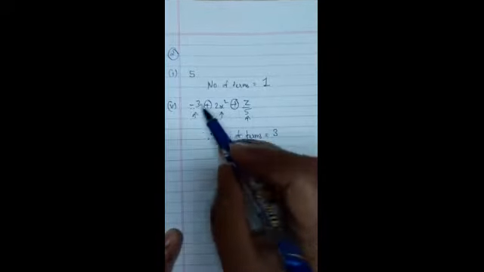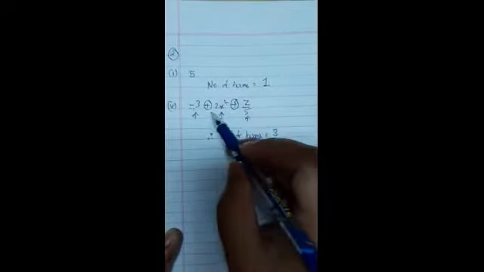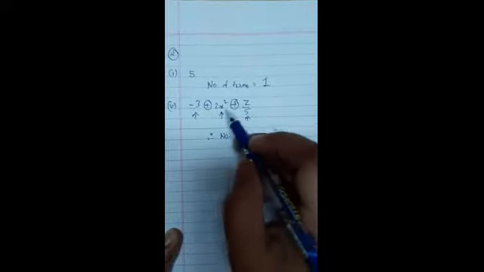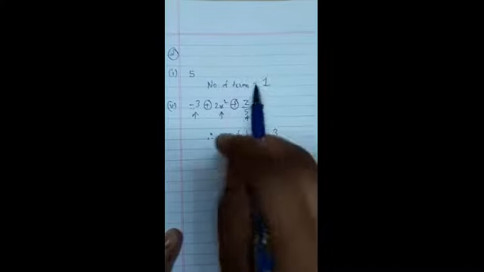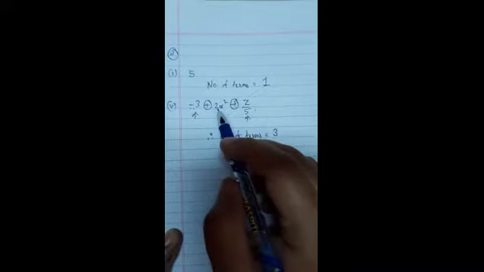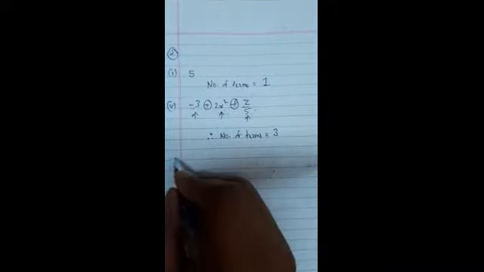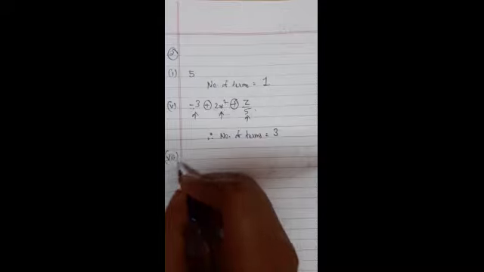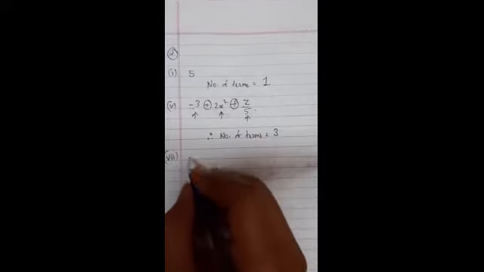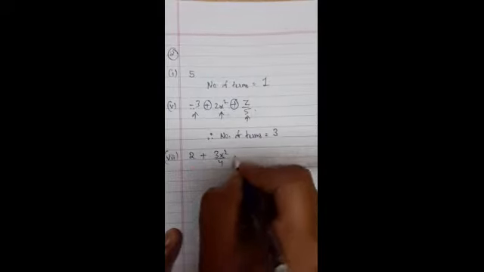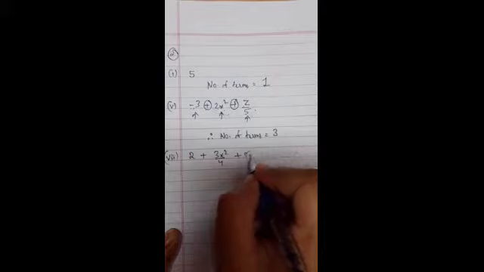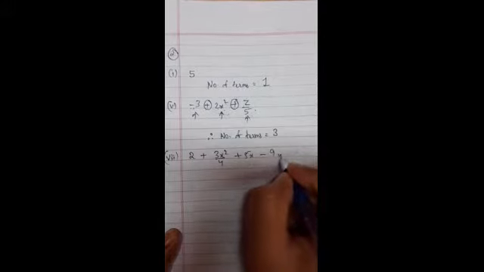We are going to count the number of terms on the basis of the use of plus or minus in between the terms. Remember, multiplication or division is not going to work as a separator. It is going to work as a combination of a constant and a variable. Let us take one more example. Let us pick up the last part of the question, that is the seventh part. In the seventh part, what is given to us is 2 plus 3x square upon 4 plus 5x minus 9y.